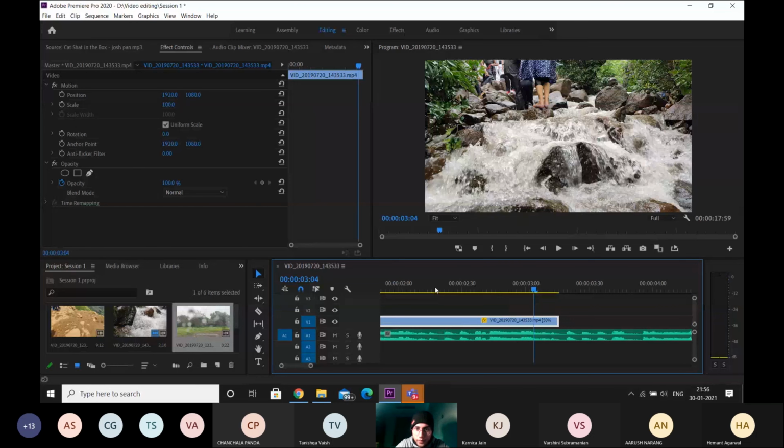Now, why I said that movies are shot at 24 frames a second. The reason is that when we shoot a video at 24 frames a second, there's this thing called motion blur. Motion blur is as real as what we see in reality. There's one more thing along with these 24 frames, that is shutter speed.